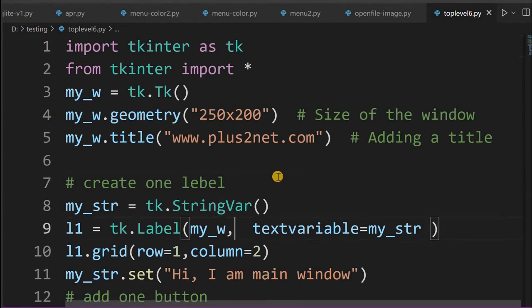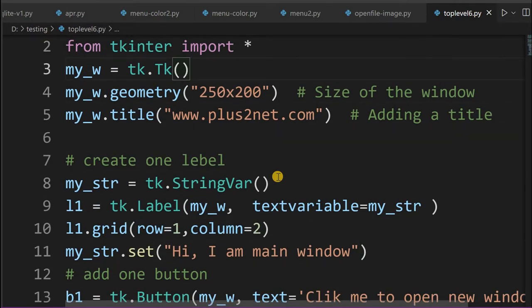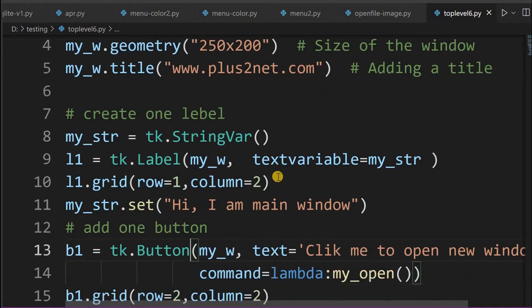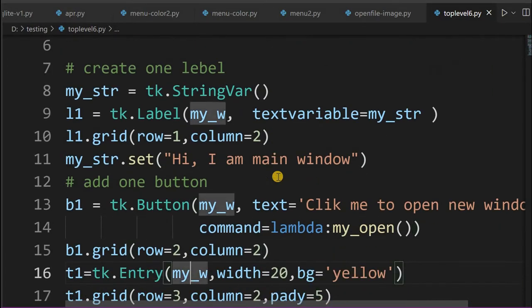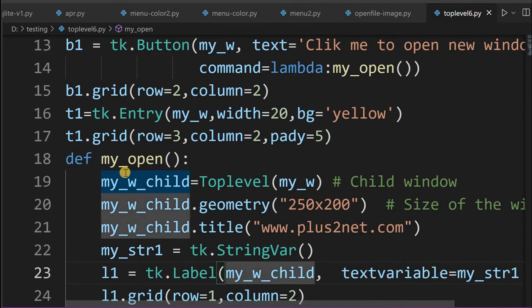Just for a quick reference, this is our parent window. We have declared it at line number 3. Then there is a button, and a text which displays that I am a main window. B1 is the button, by clicking which we are just opening the child window. This child function my open gets executed, and inside my open function we are opening a child window.